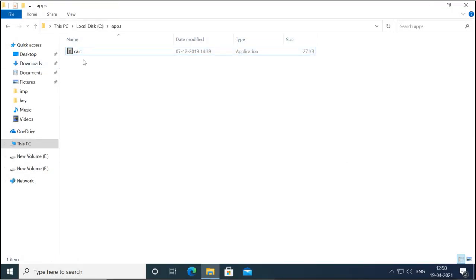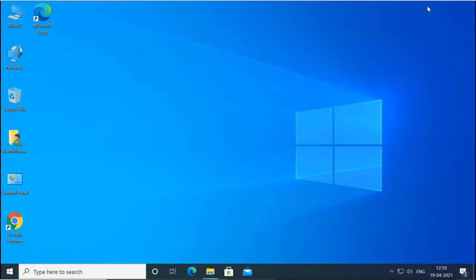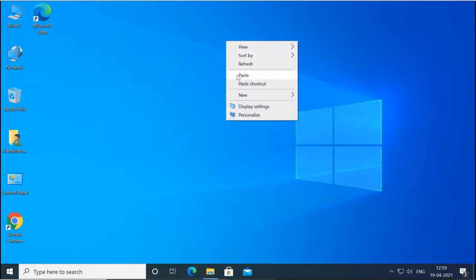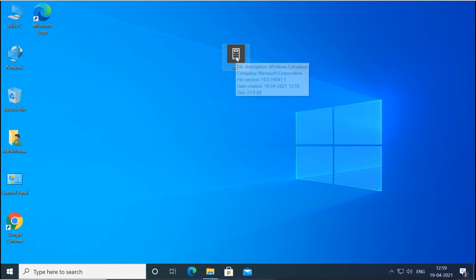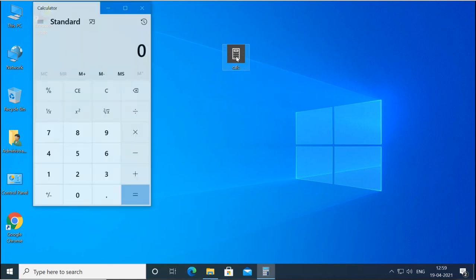But remember, we blocked the application by using the path rule, and we selected this path, this folder. Now if the user copies this application and puts it into some other path, let's say I will put it on the desktop. Now it will try to run from here, and you can see it is now running. Why is it running here? Because we have created only the path rule. The path rule only applies on that particular path. It is not applying on this path.